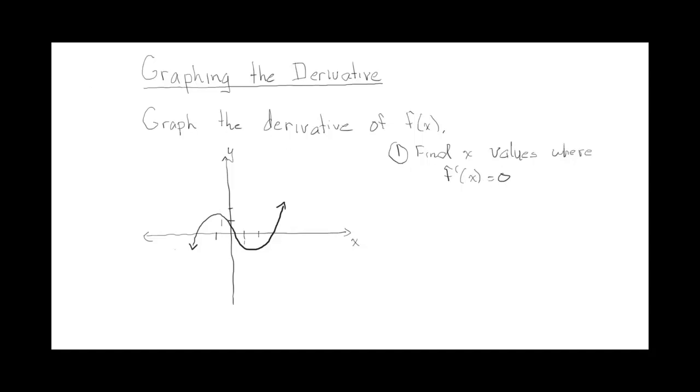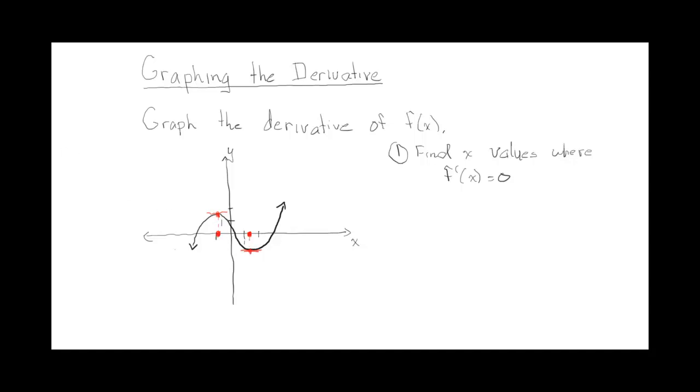So where does f prime at x equal 0? Well, that's when the tangent is horizontal. So that would be around here. There we have a horizontal tangent, and around here. That means that the y value of the derivative is going to be 0 at these points. So we're going to have x-intercepts at these points. So I'll put these points on my graph. So I have an x-intercept, or the y value 0, for my derivative, because these have horizontal tangent.